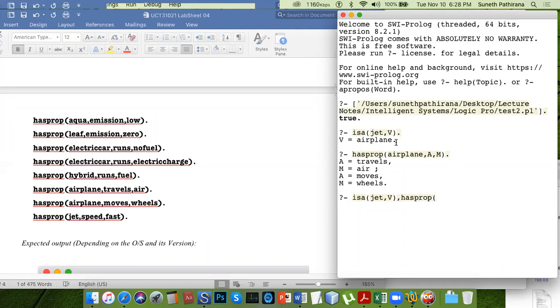Has prop. If you don't know the category, just share the same variable, and we don't know the action and the medium.